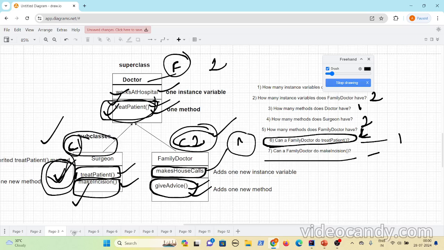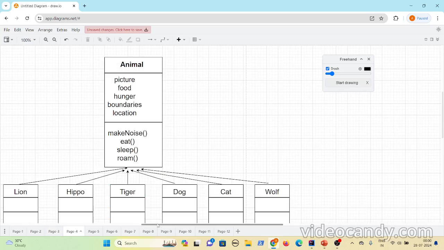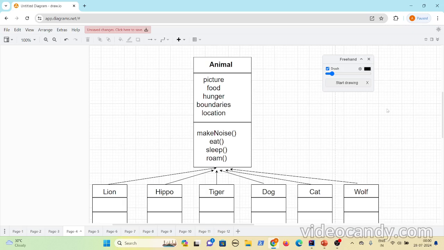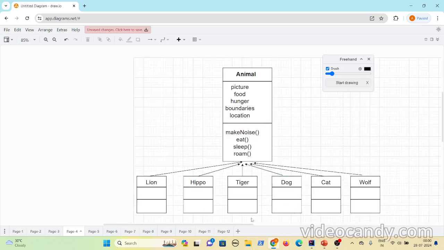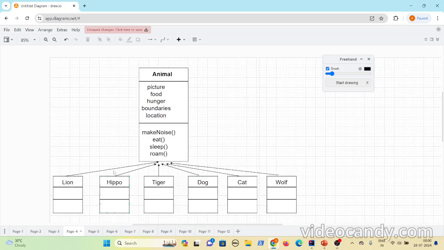Okay. Now let us see another example. Now let's consider an animal example. If you look at animals, here lion, tiger, hippo, dog, cat, wolf, all are animals. They have a few things in common and a few things specific to their own classification.